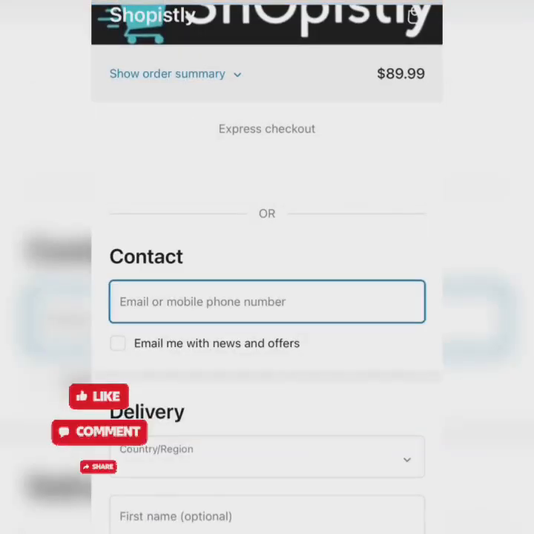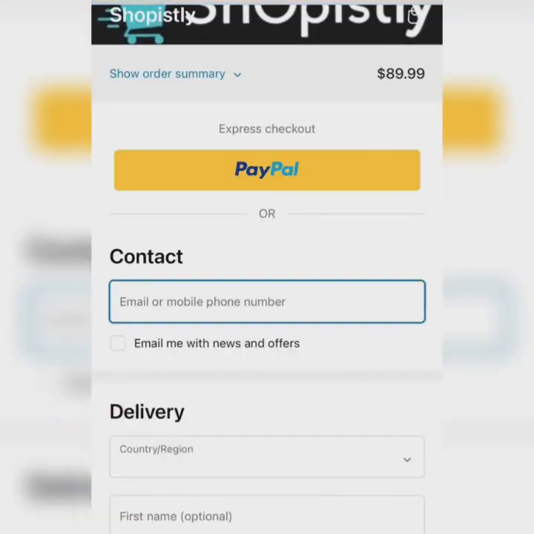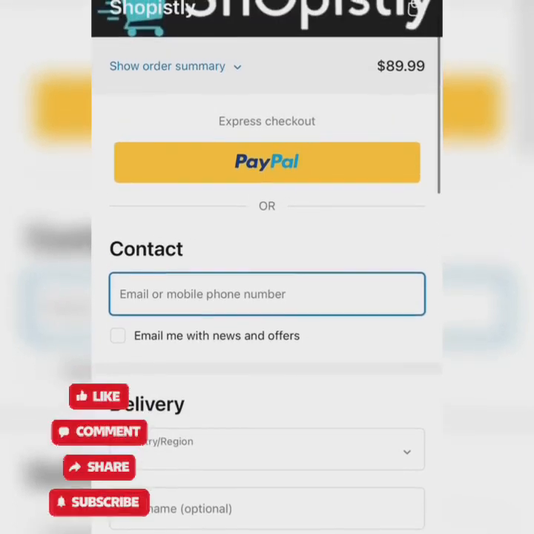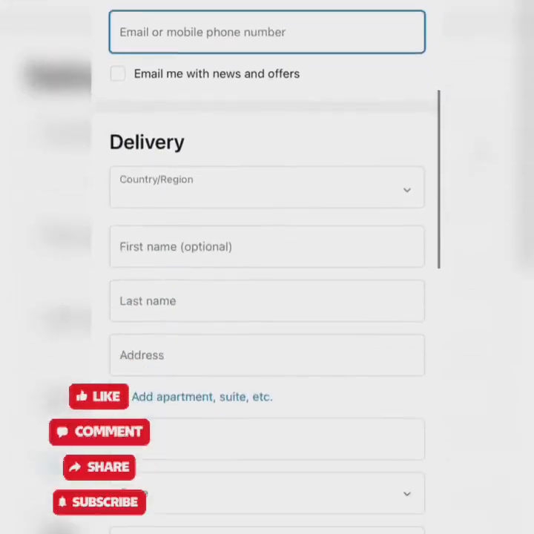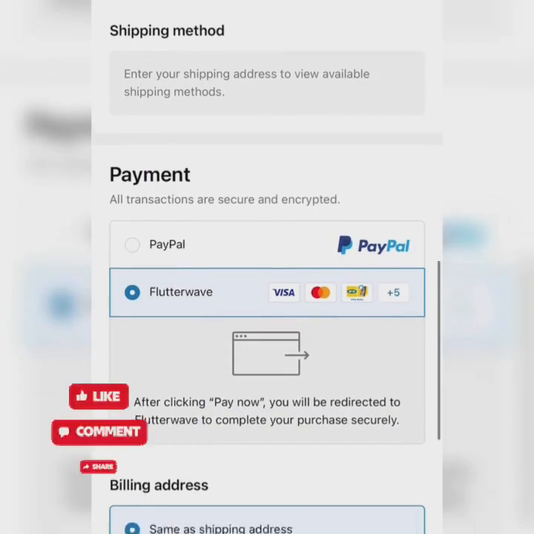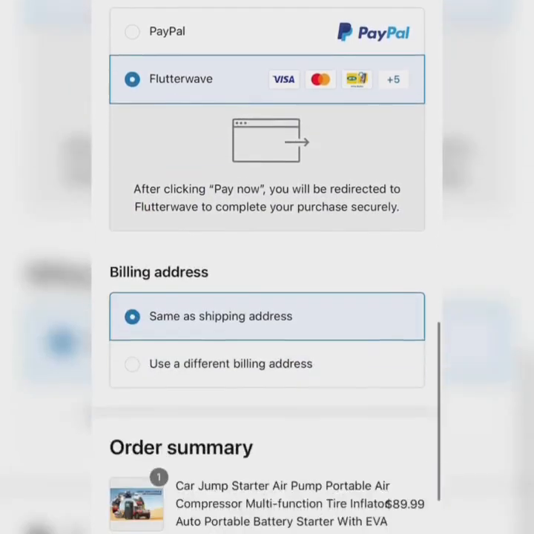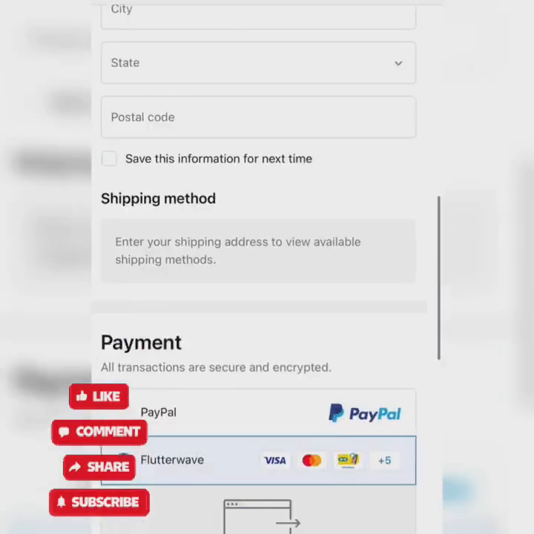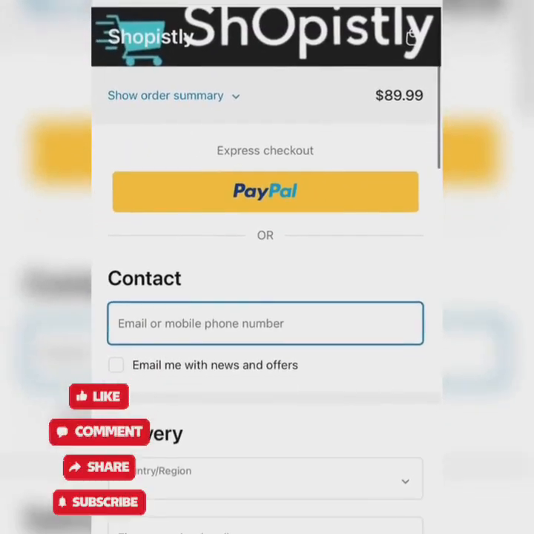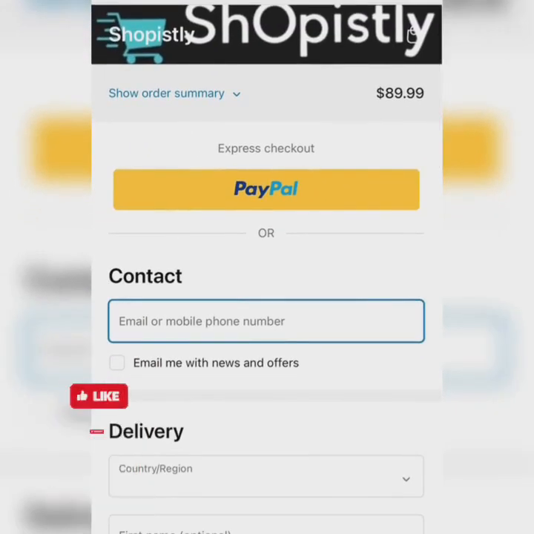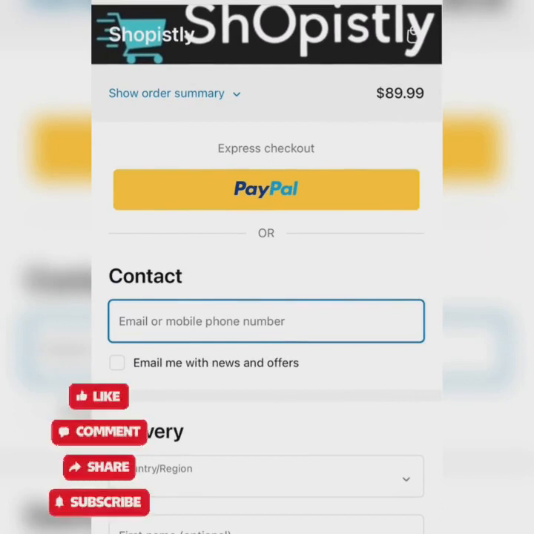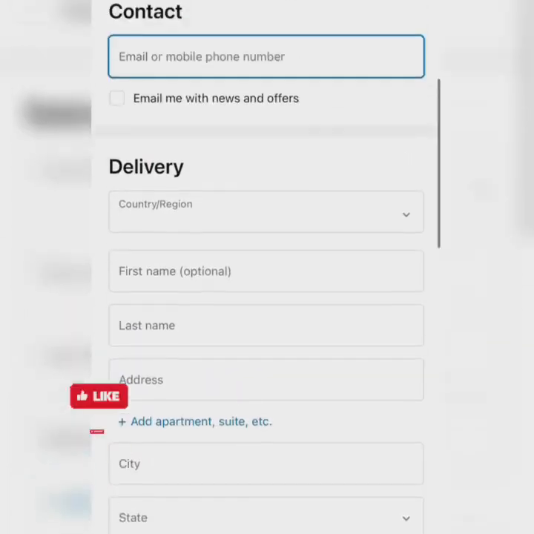So I'm now in my checkout space. You can see express checkout PayPal, meaning I can receive any payment using PayPal, and anybody that doesn't have PayPal can also make payment using Flutterwave. This is how sweet and easy it is. And once all this is provided, your Shopify account can be receiving payment from anywhere without any limitation or restriction. So guys, this is just what I want to share with you in this particular video,